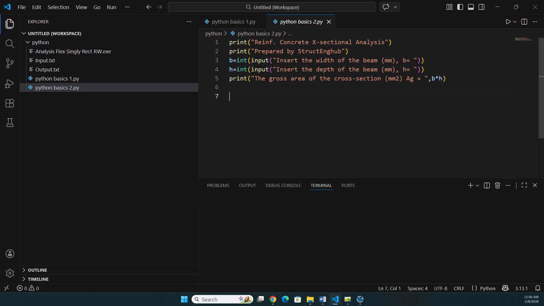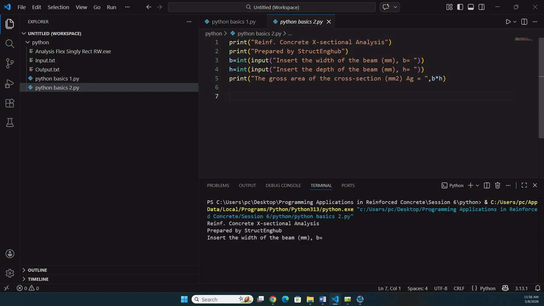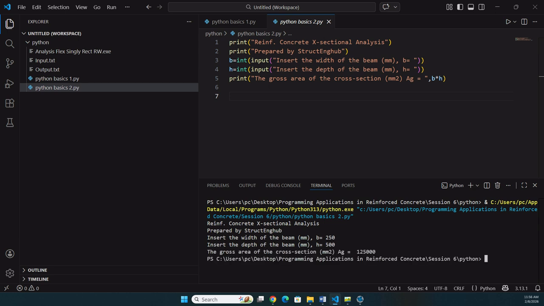Let's do that by clicking on the play icon here. We are requested to insert a value for b. This is an integer now, so we're going to insert 250. Then h will be 500, and the result, the gross area of the cross section, is given as 125,000 millimeters